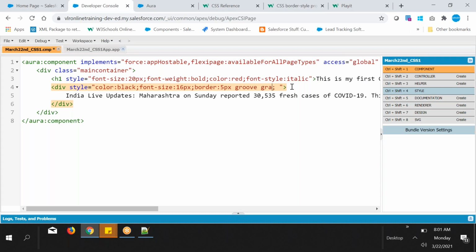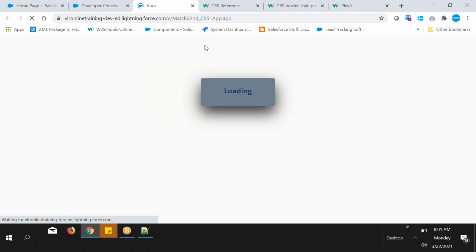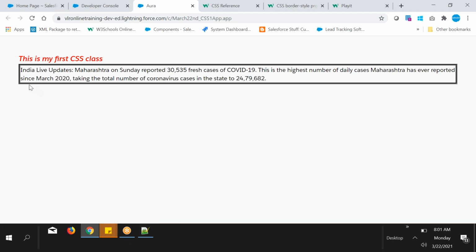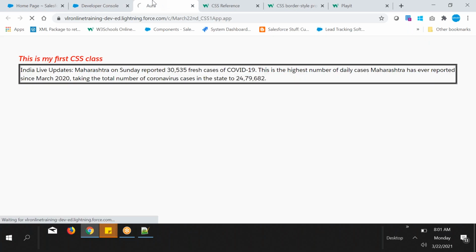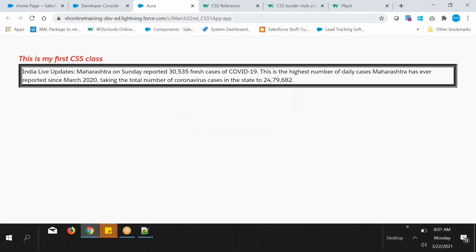Gray. Okay, now you can see, guys. If you give 10 pixel, you can easily see. Okay, so this is groove. You see now the difference between the normal one and this one.